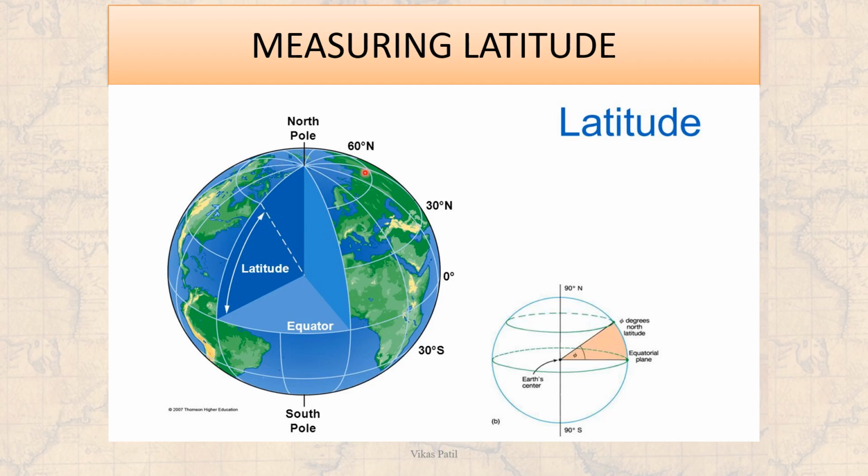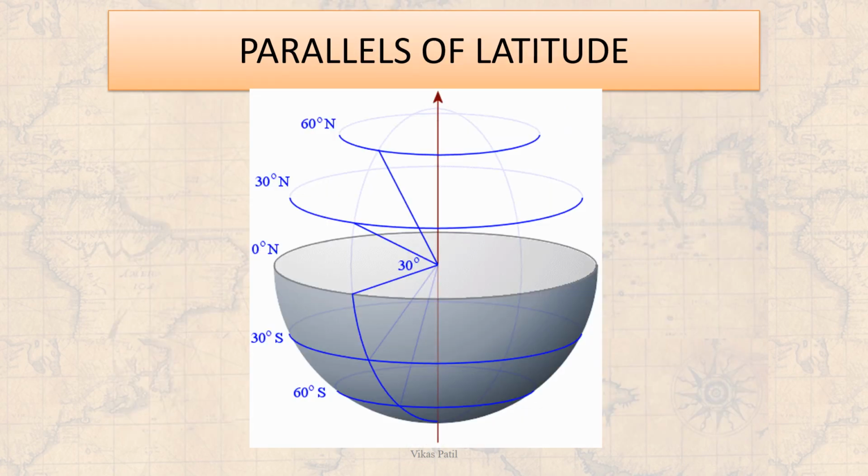In this example, you can see 60 degree north latitude being drawn. Alright, so we take the center, and with reference to the center and equator as 0 degree, this is 60 degrees. Similarly, we have 30 degrees, then we have 90 degrees. So latitudes are nothing but angular. This is one more example of how they are drawn. So 0 degree, then we take 30 degrees, and all the places at 30 degrees north of equator, if we join them, we create a circle, that is the latitude, 30 degree north latitude. So we have 90 latitudes in the northern hemisphere and 90 latitudes in the southern hemisphere.